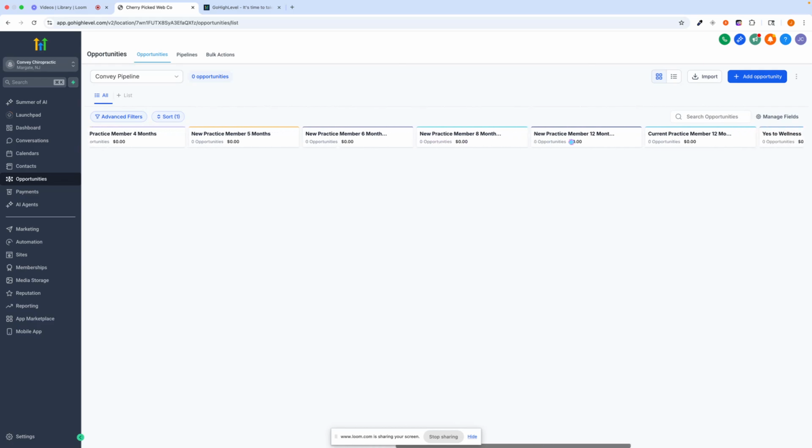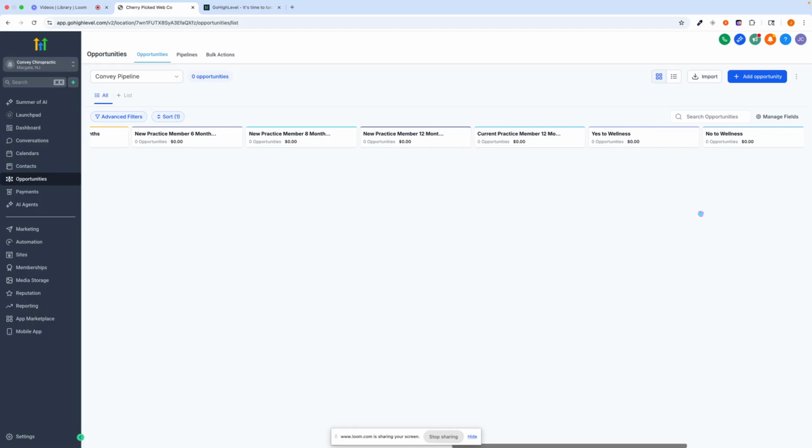So once we get through this, and like I said, this is just going to be customized for you guys. You're not going to have all these different columns here. But once we get through this, after active care, we have wellness care. So if you call it something else, we could customize that as well. But when someone says yes to wellness care, they're gonna start receiving new emails about why wellness care is so great and important. If they say no to wellness care, then we're going to put them on a sequence where we're just going to touch base with them every few months to just let them know that we're thinking about them.